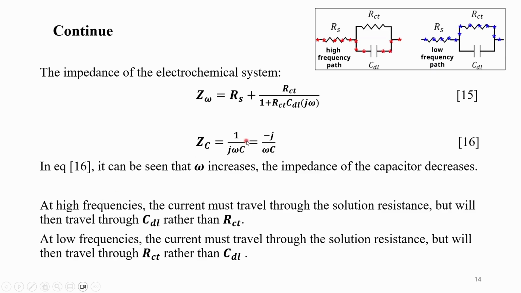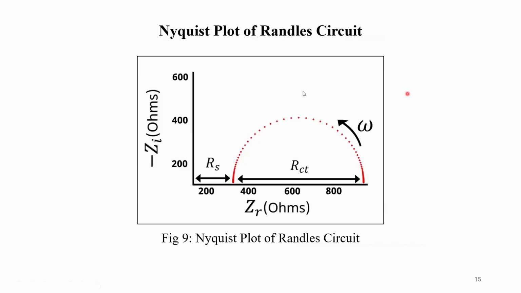So it means that in the higher frequency, the impedance is low, and that's why the current will flow through CDL. For the lower frequency, the current flows through RCT. So when we plot on the Nyquist plot, and we found that in the Nyquist plots, we don't show the